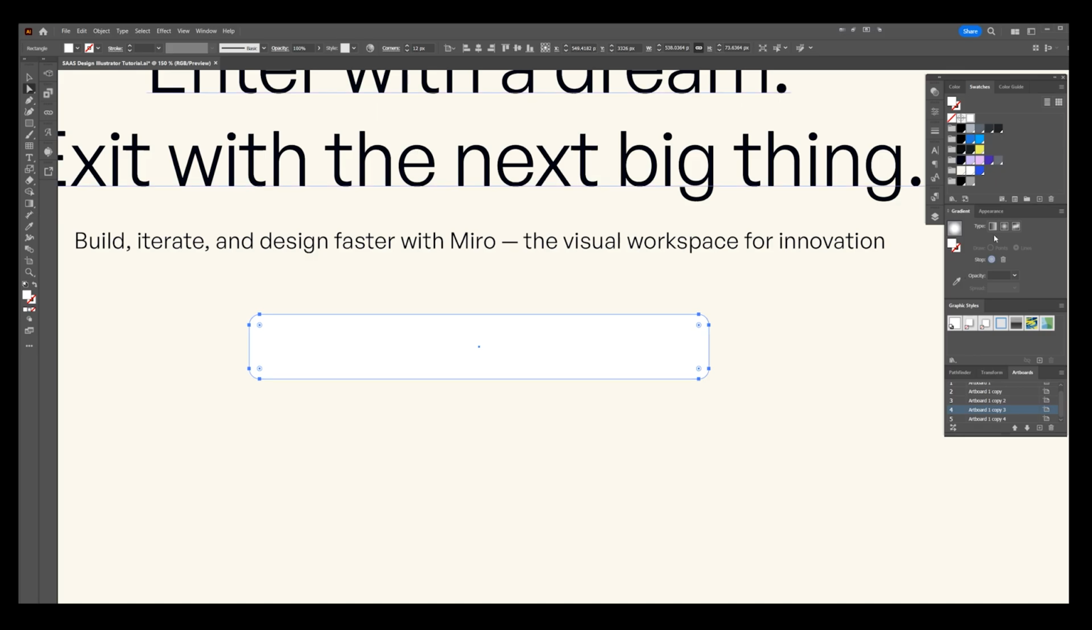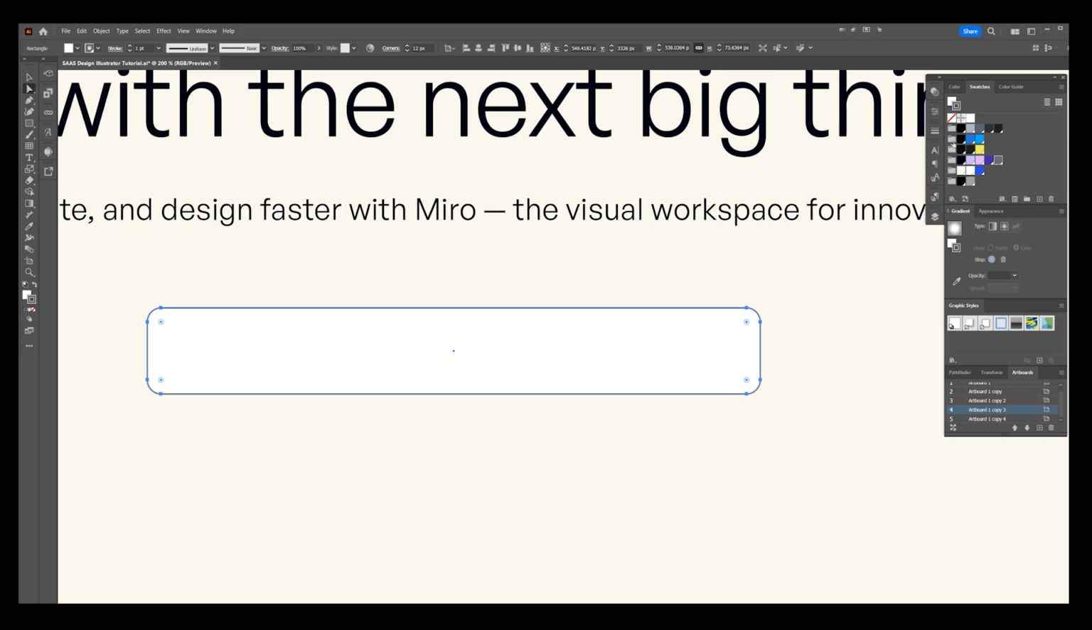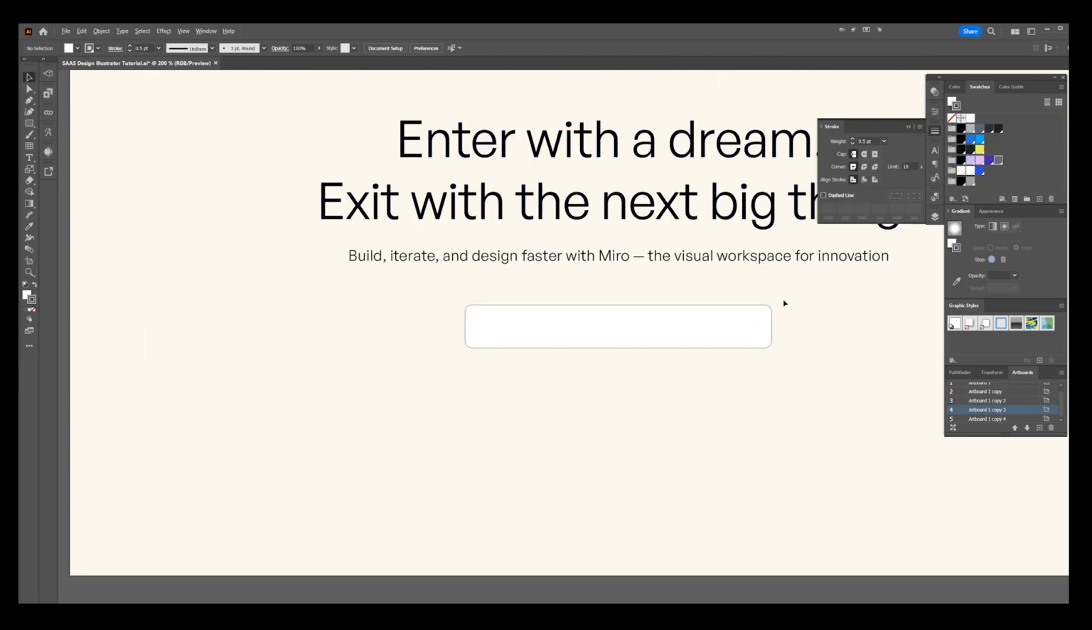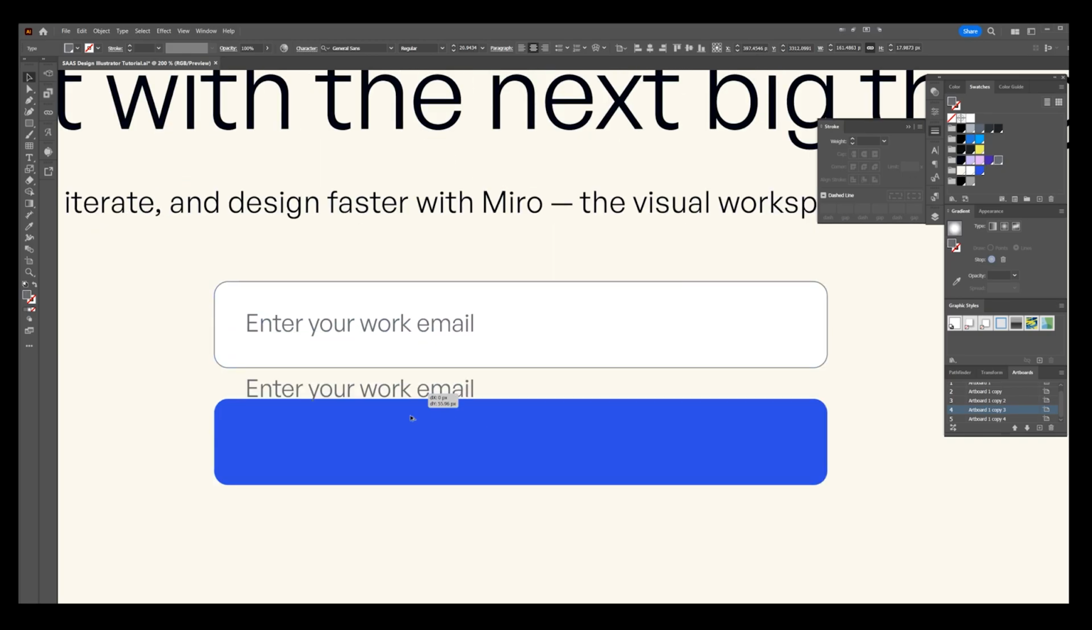I'm going to make it white, and then I'm going to press X to go to stroke and add a little gray point there. We'll make the stroke 0.5. I'm going to make this one blue, and then all you got to do is add some text. So enter your work email, can just make that gray, scale that up, bring this one down, center it,